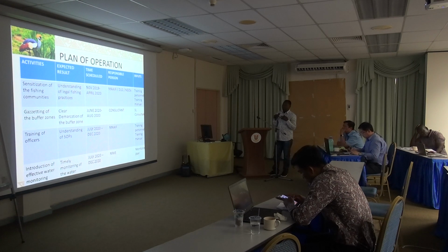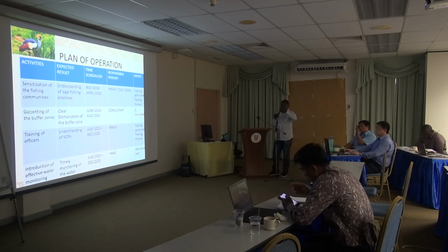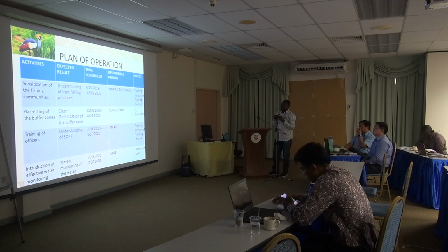And the responsible institutions or persons are the Ministry of Agriculture, Animal Industry and Fisheries. And in here, like my colleague has stated it, there are many enforcement officers who fall under the Ministry of Agriculture and Animal Industry. And also the district local governments, these are the civil servants, the politicians that are in the districts, they fall under that. And then the non-governmental organizations that are in that area will be helping us to do